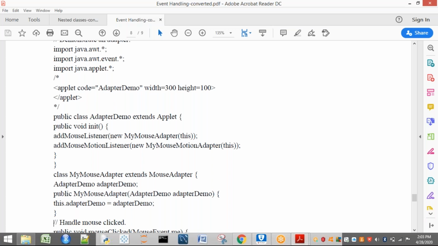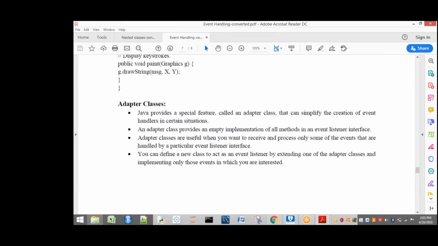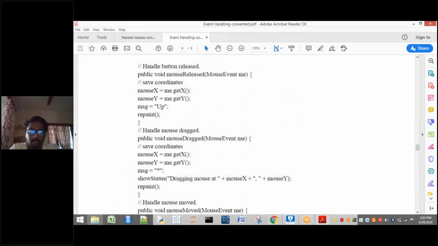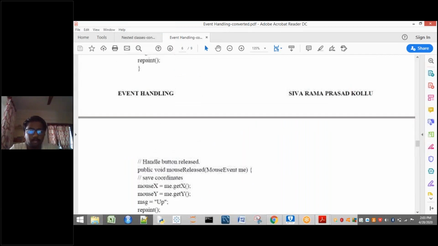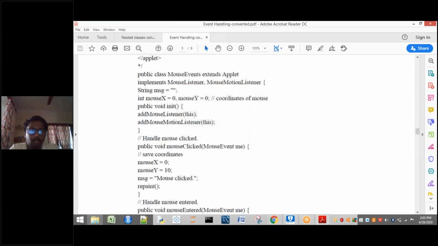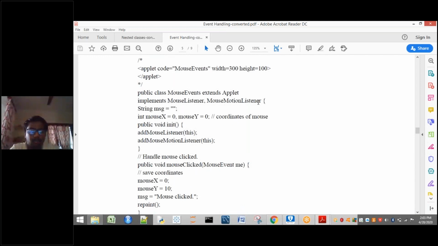Now the same example I am going to take, but in the above case, I have implemented both the mouse listener and the mouse motion listener.